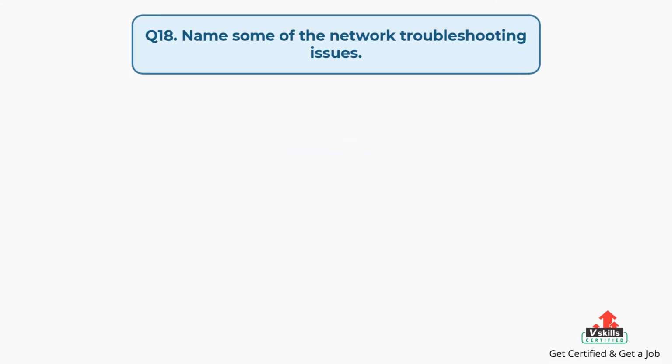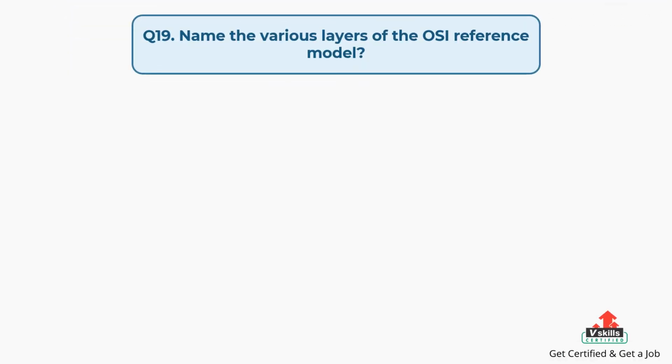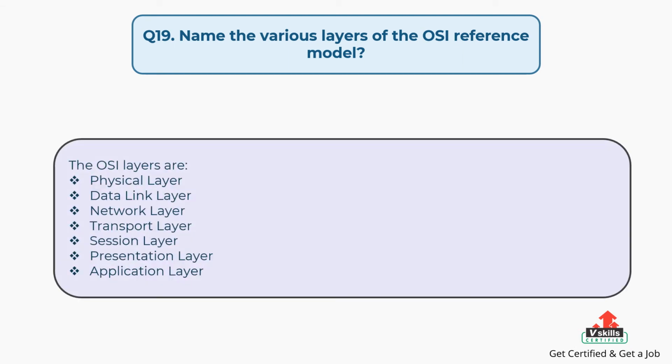Question number 18. Name some of the network troubleshooting issues. The answer is: 7 common network issues are: duplicate IP addresses, IP address exhaustion, DNS problems, single workstation unable to connect to the network, unable to connect to local file or printer shares, local network is unable to connect to the internet, slow internet performance. Question number 19. Name the various layers of the OSI reference model. The answer is: the OSI layers are physical layer, data link layer, network layer, transport layer, session layer, presentation layer,